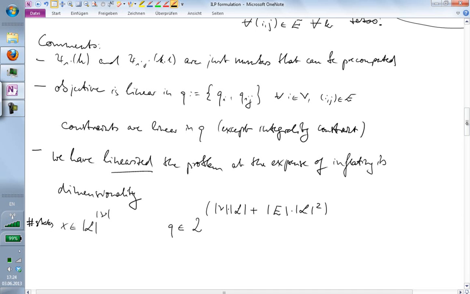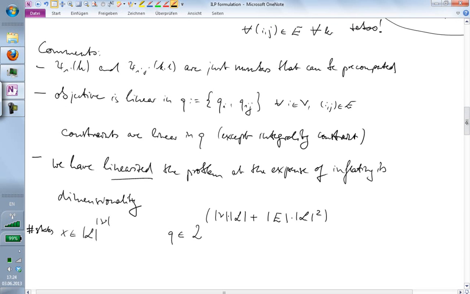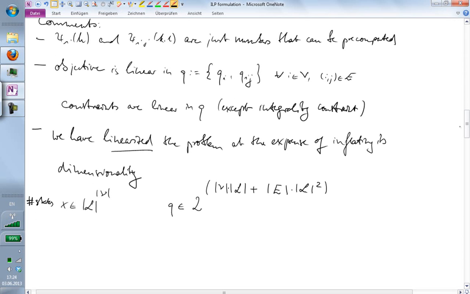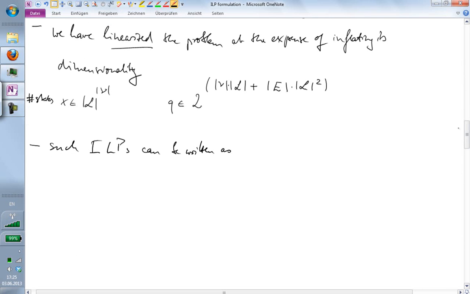So such a problem, which is linear in the constraints and linear in the objective, if it was just that, would be called a linear program. But because we also have the integrality constraints, it's called an integer linear program. And such integer linear programs can be written as follows: